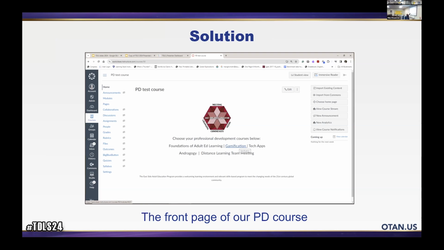That worked out really well. This is our school logo, so I tried to unify everyone and make it look official. And right now, there are 1, 2, 3, 4, 5 offerings there, but I was only able to complete one, which was gamification, one of the presentations I did for our professional development, which happened at the beginning of February.